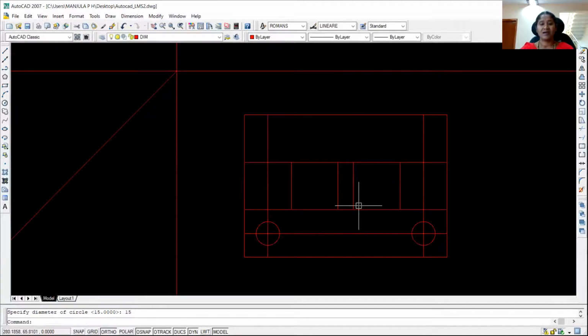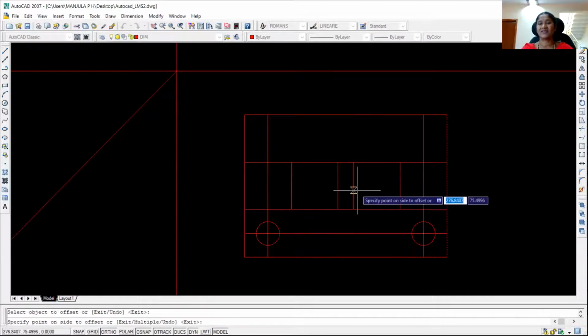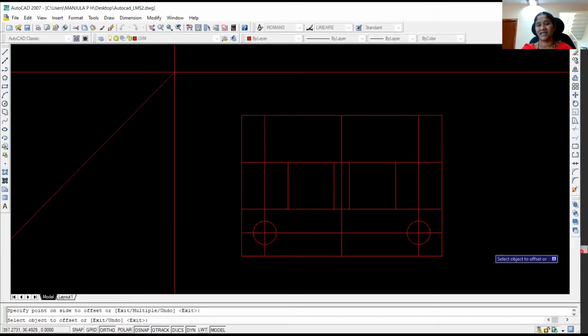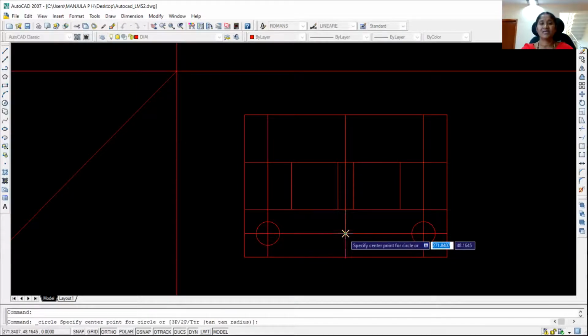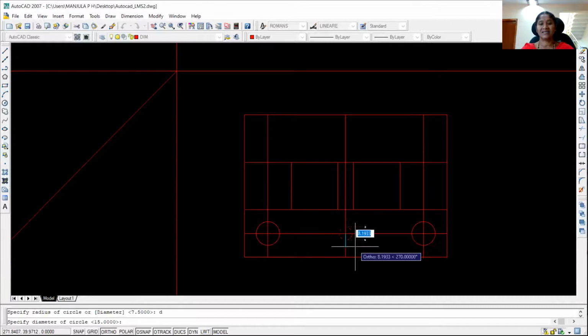Offset, enter, the distance is 65, enter, select the line to be offset and indicate the direction. Now I'm supposed to draw another circle at this point. For that, go to the draw toolbar, click on circle, indicate the center point for the circle, then type diameter D, enter, the diameter is 15 mm, type 15, enter. Now I have drawn the circles.